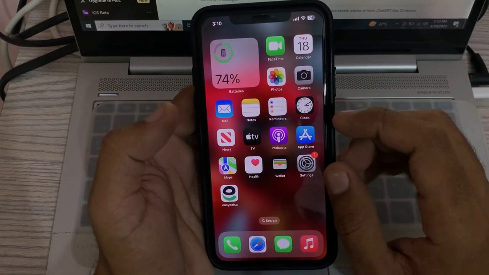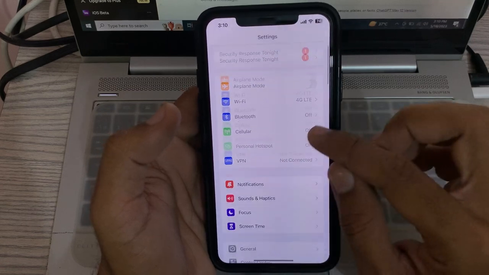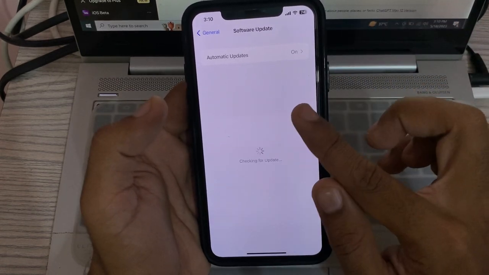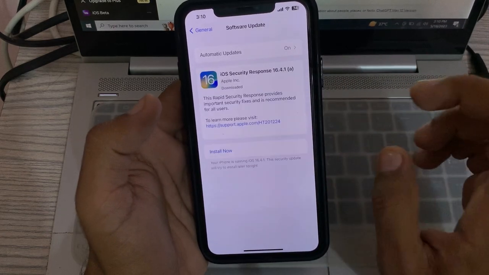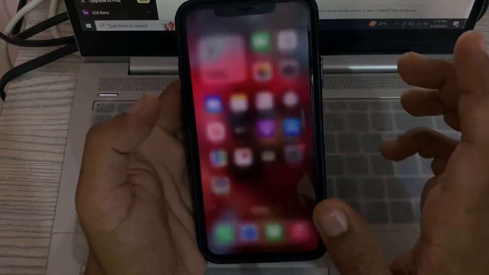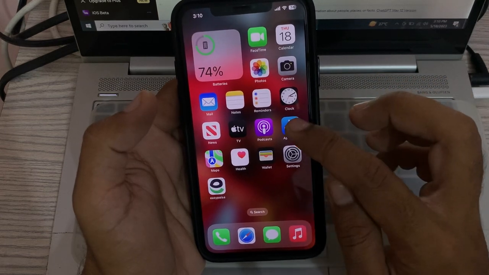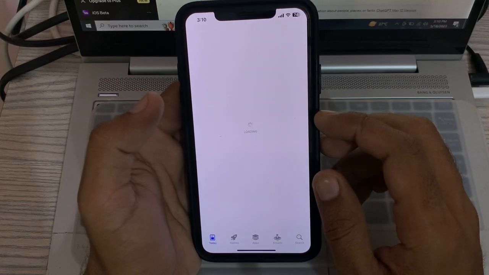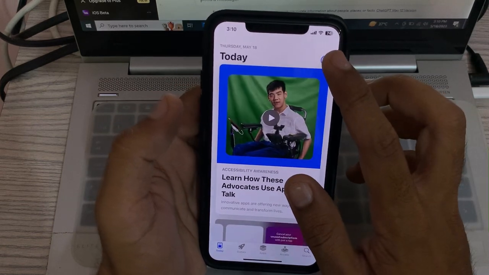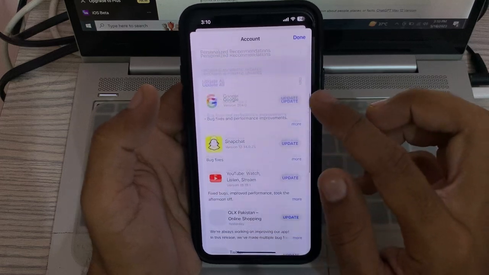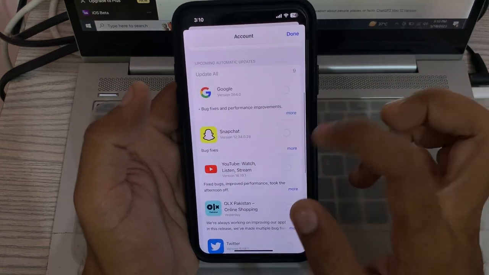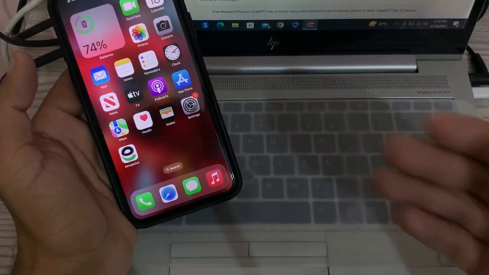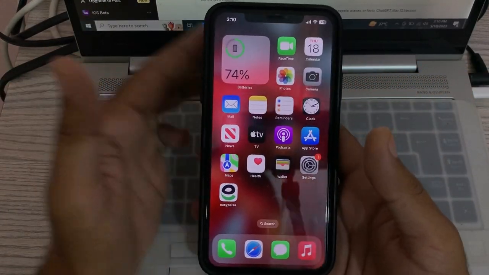update all apps. So for this, go to settings first of all, tap on general, tap on software update. So guys, if you have any update available on your iPhone, update your iPhone to the next version, and then after this update all apps. So for this, go to App Store, tap on the profile icon in the right corner, scroll down and update all apps here. So after updating all apps, so guys, here are some simple solutions to fix your battery draining issue